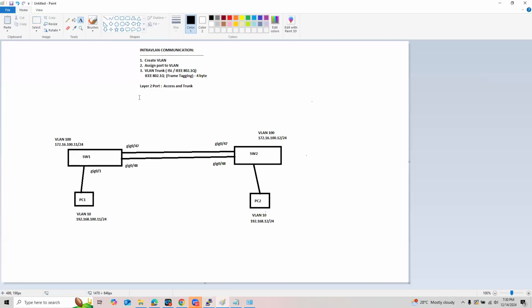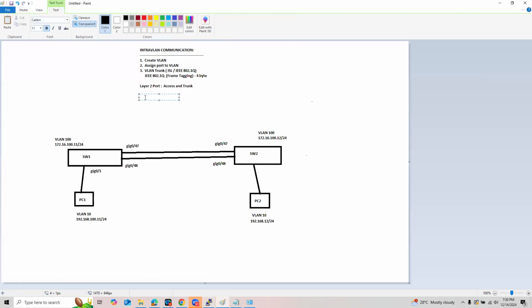Now, for the VLAN trunk configuration, guys, there are two ways to do it.